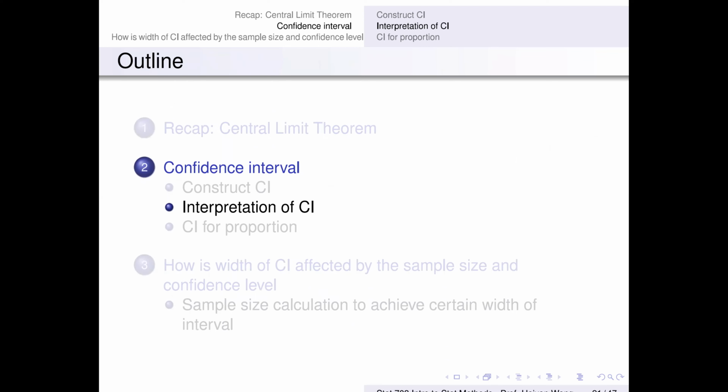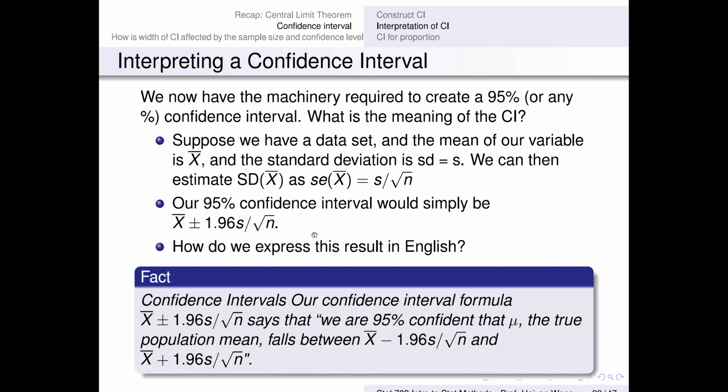Okay, so we learned how to construct the confidence interval. In this next part, we will learn how to interpret the confidence interval we obtained. This interpretation comes from the probability assignment. When we consider the confidence interval, we actually use the probability on the distribution of x bar, the sample mean. For example, in the 95% confidence interval, we had x bar plus or minus 1.96